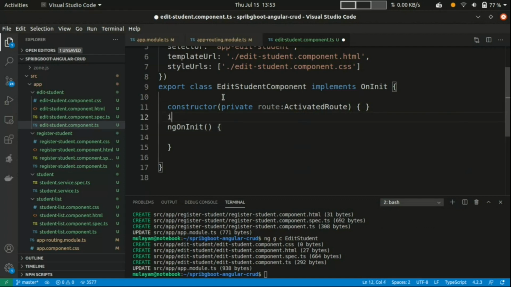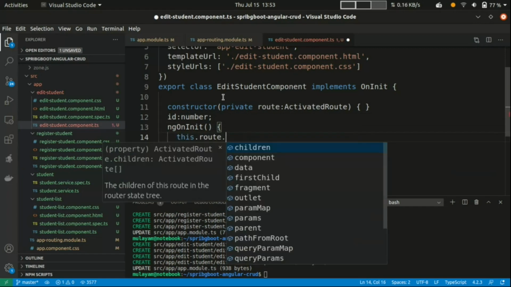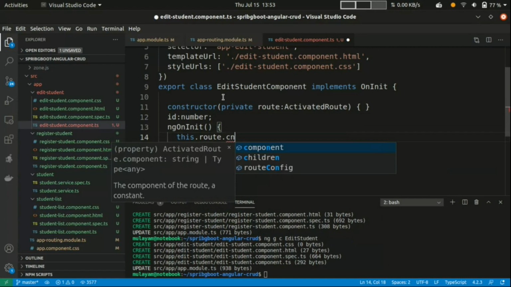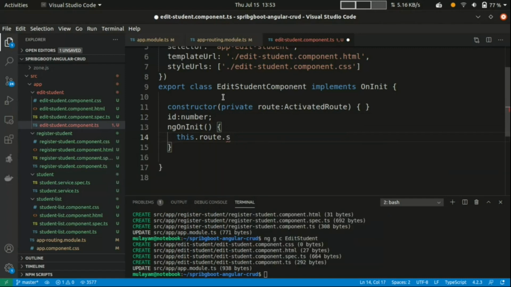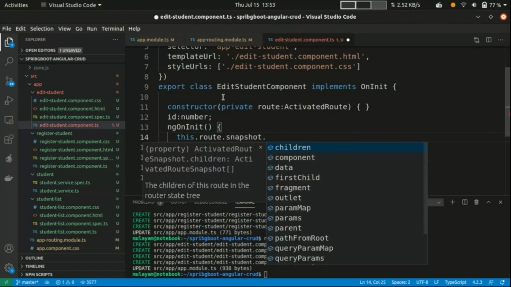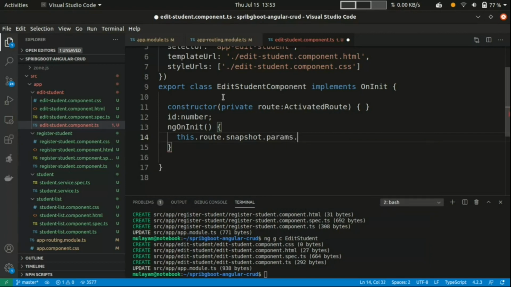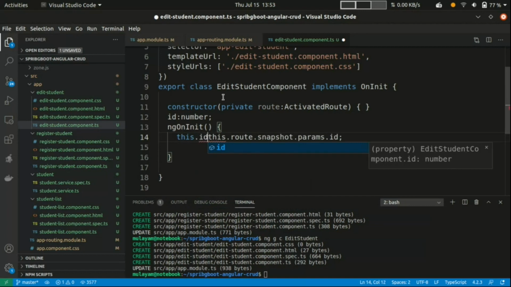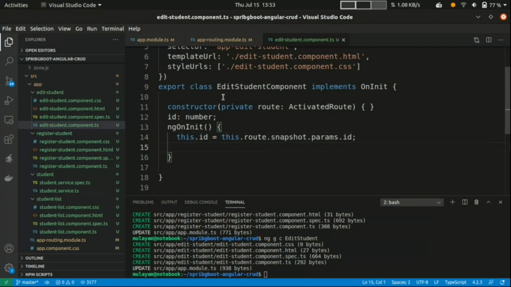Using this we can get it. Just declare one ID number. I want to get this.route.snapshot.params, and the params name I specified is ID. So we can get this.id here.